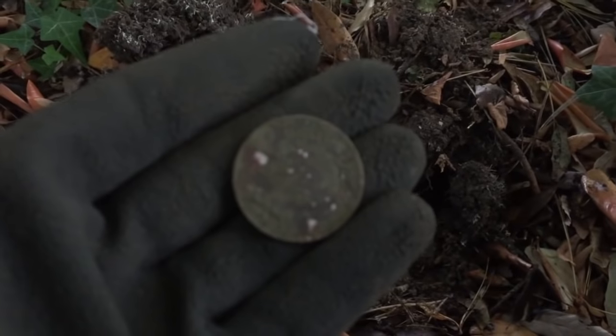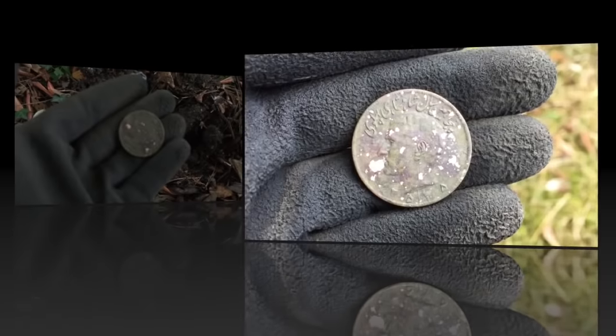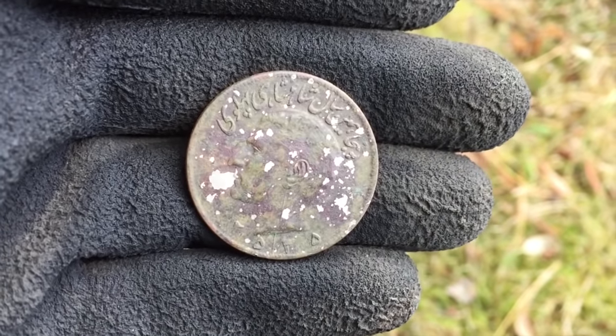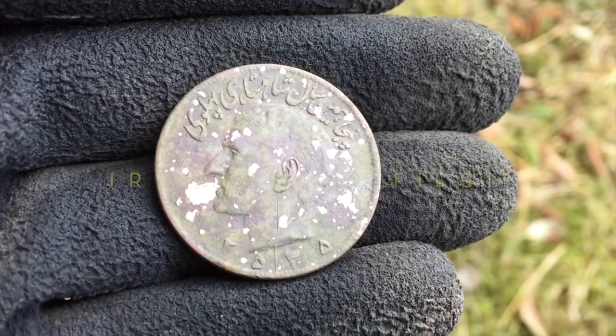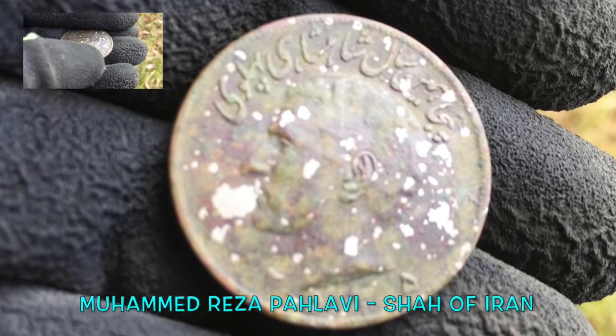I'll have a little look and a little clean up. Can't really see it because I haven't got my glasses on, and I'll get back to you. One second. Well, there you go. I think it might be Turkish. I'm not sure. You can see your man there, the date. I'll work that out. I can't quite see because I haven't got my glasses on. And then on the back,